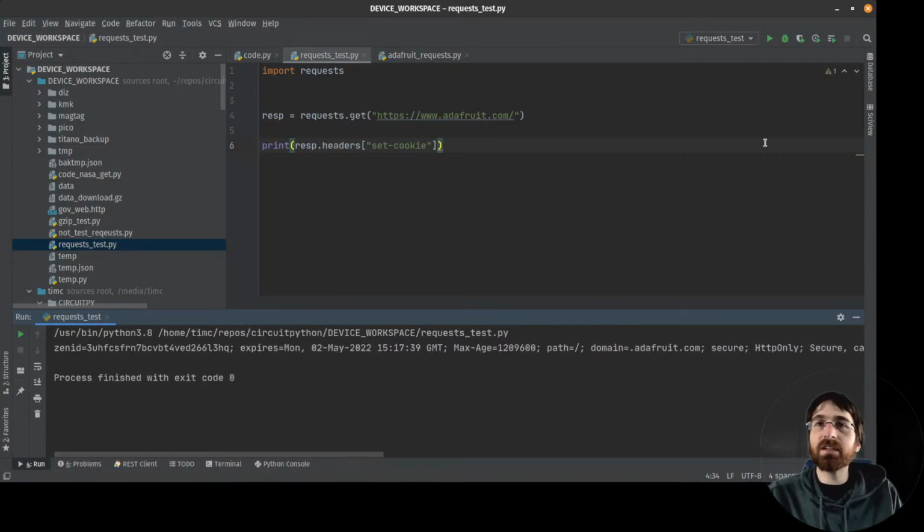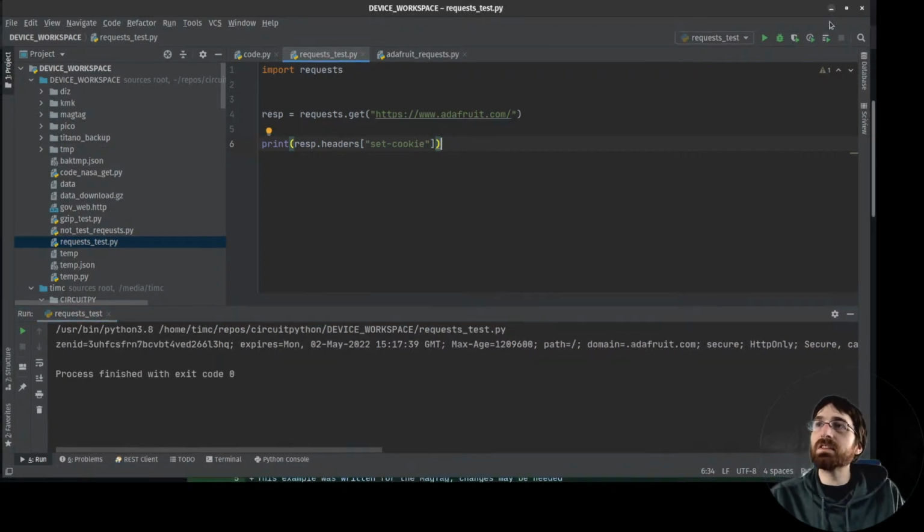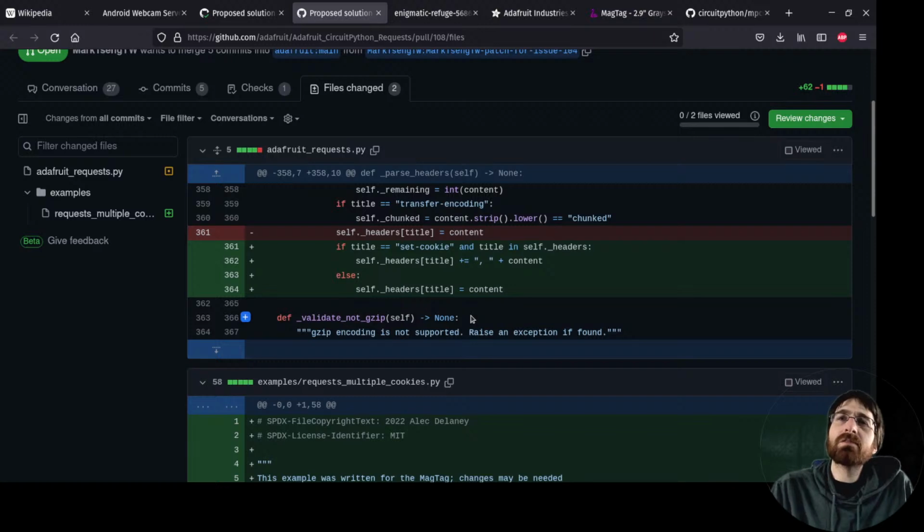Wonder why they went with that. There's probably a reason that I don't understand, but it does feel very much like a list would be superior